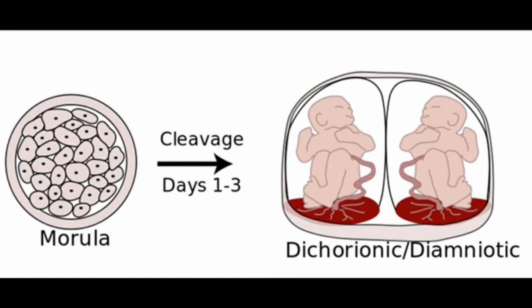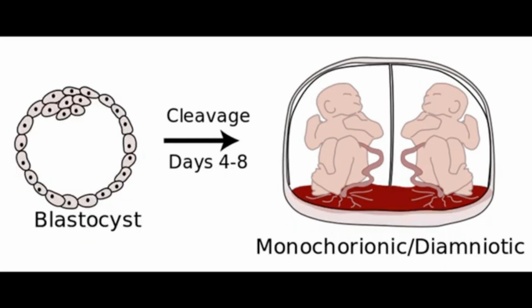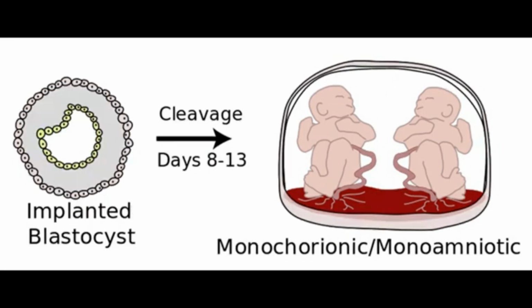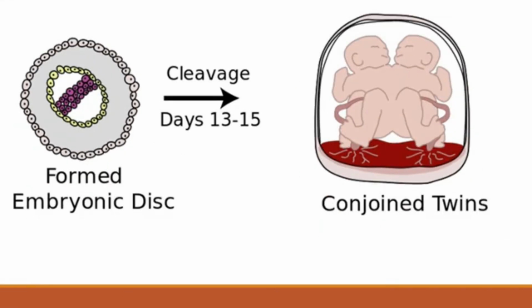When a morula is duplicated at the 3rd day of conception, you might have dichorionic diamniotic twins as already described. If the mobile blastocyst is duplicated at the 6th day, you might have monochorionic diamniotic twins. If the implanted blastocyst is duplicated at the 10th day, you might have monochorionic monoamniotic twins. So till the 10th day, no problem at all. But if the embryonic disc is duplicated later, after the 12th day, then you might have conjoined